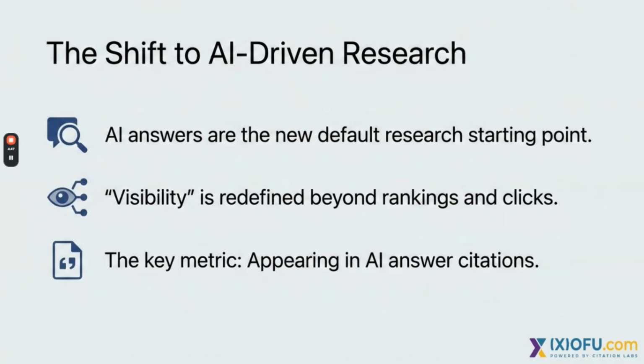So, right now, AI answers are becoming the default first step in research. That changes what visibility means because ranking and clicks aren't the only metric. They may not even be the leading metric in your case. So, brands now need to show up in the answer citations when buyers are using AI tools to compare their